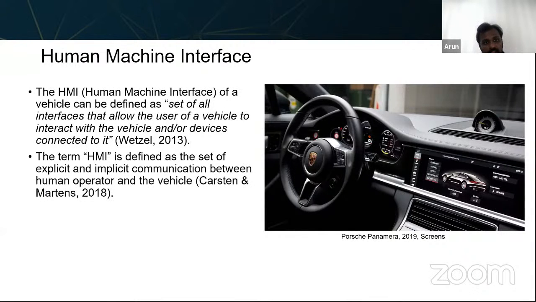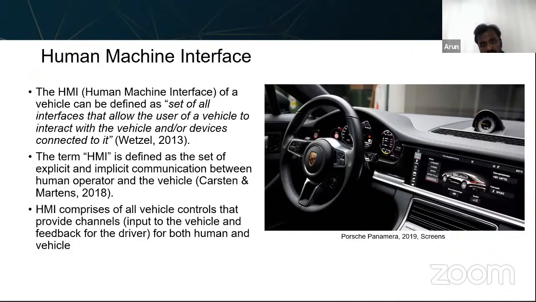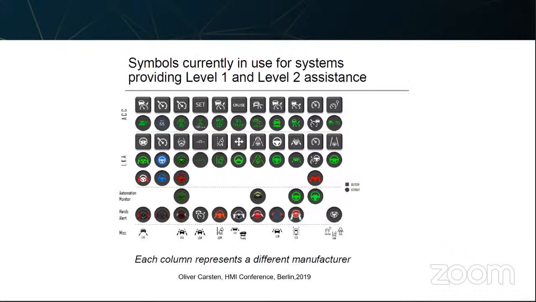So as I said, it is an explicit or implicit communication platform, a medium through which the driver and the vehicle communicate with each other. When you say HMIs, it comprises all the vehicle controls inside the car, anything from your steering wheel to the brake pedal, and of course interacting with the cluster screens and so on. Everything has to provide the right level of feedback and also provide information to the drivers on the system behaviors.